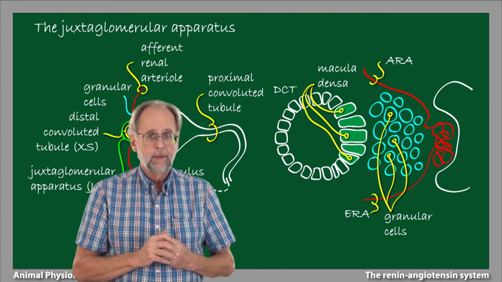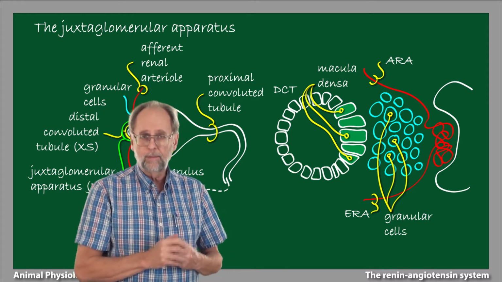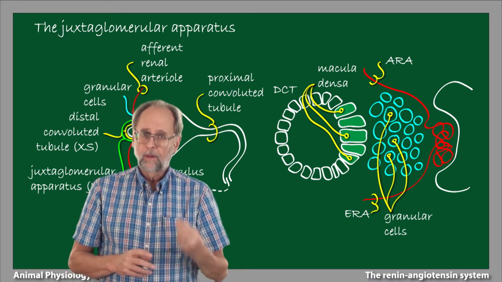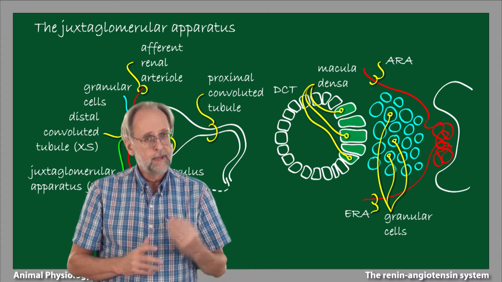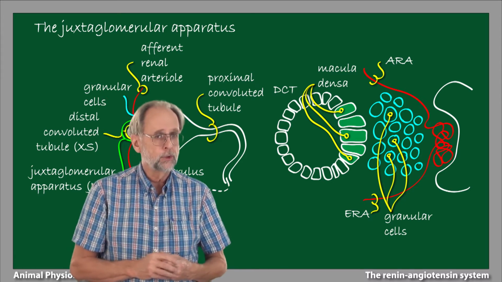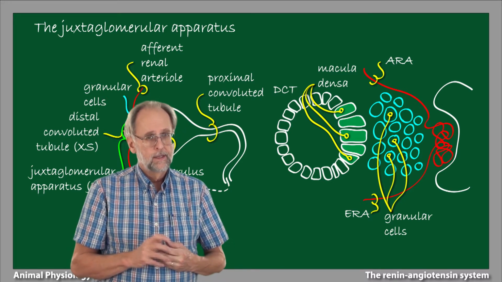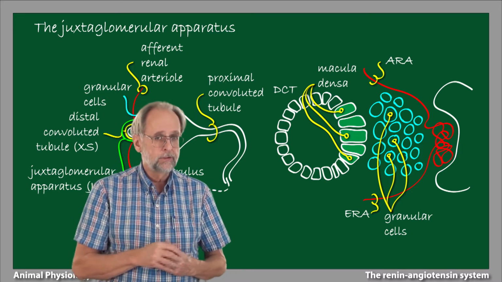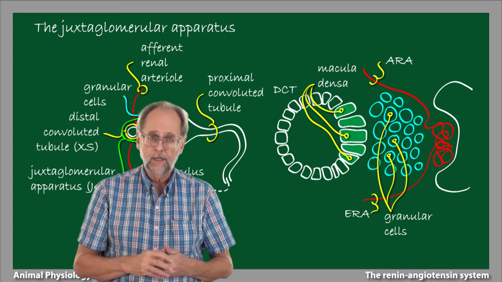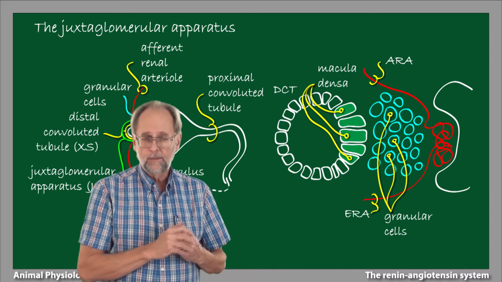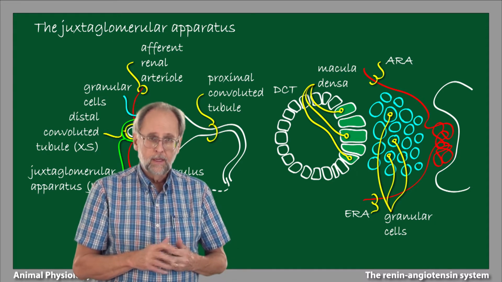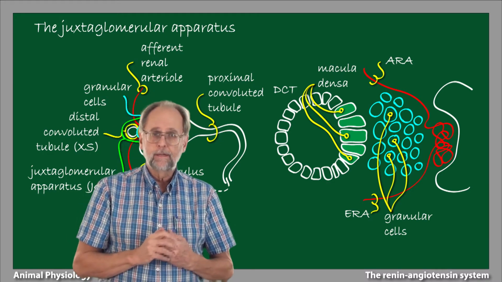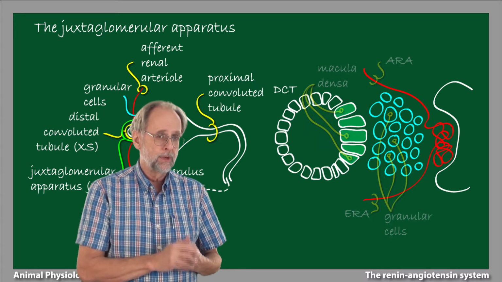So now we have a better picture of the juxtaglomerular apparatus. It consists of the capsule and glomerulus, the granular cells, and the macula densa of the distal convoluted tubule. This complicated apparatus is involved in the regulation of glomerular filtration and many other things, and we'll have occasion to talk about those in a little bit. But for now, I want to focus on one of the functions that ultimately influences sodium transport in the proximal